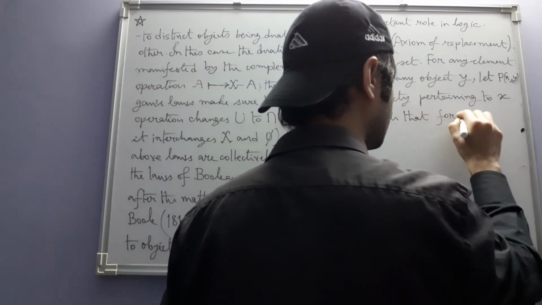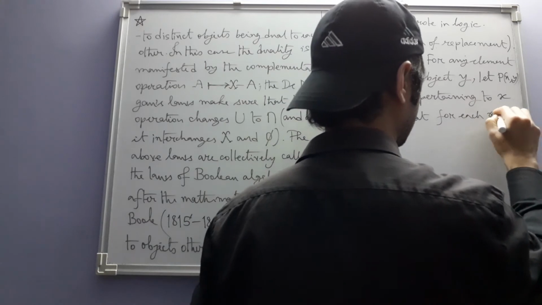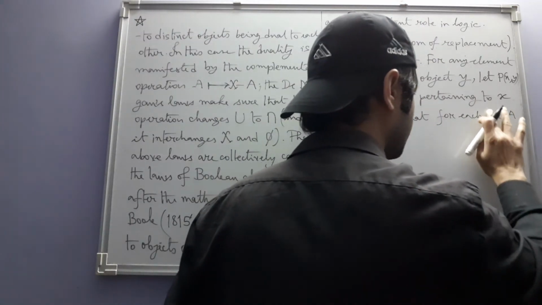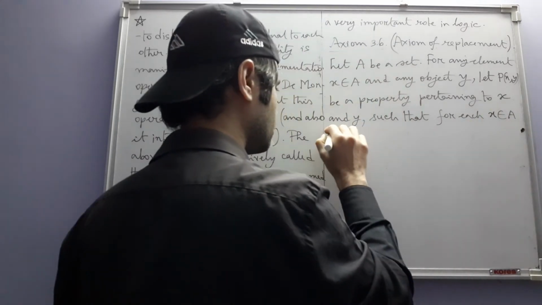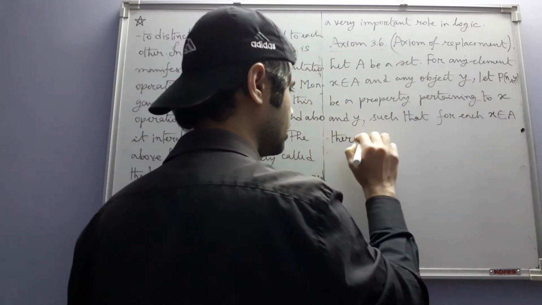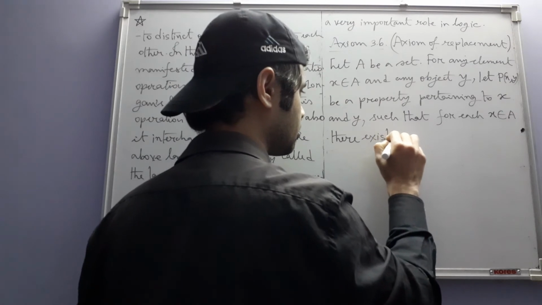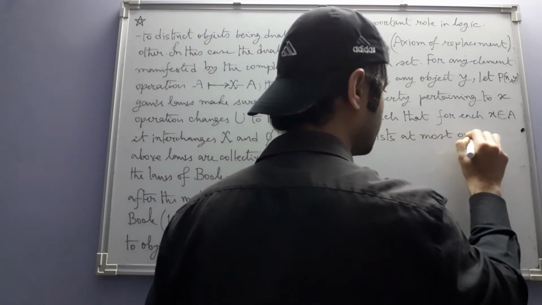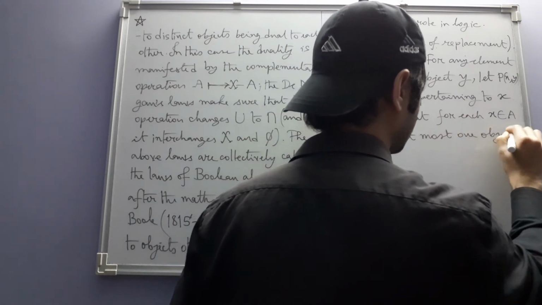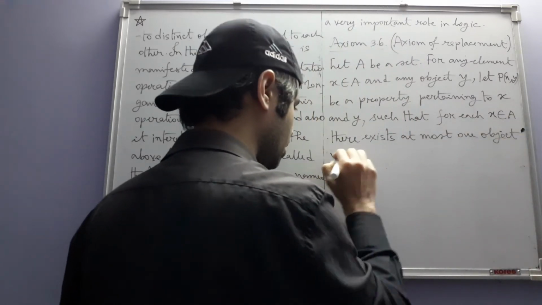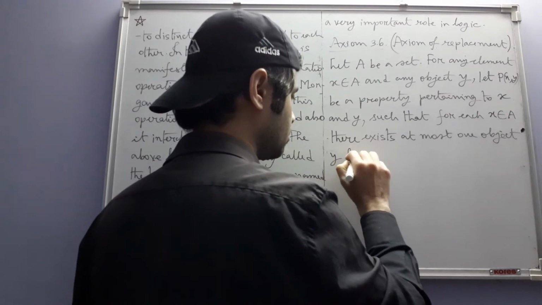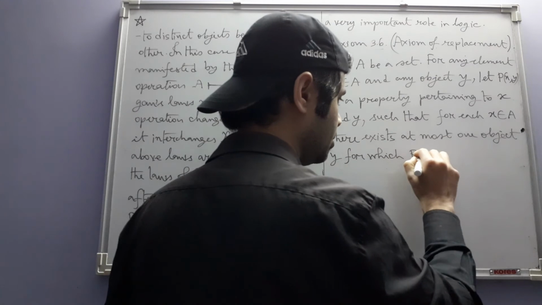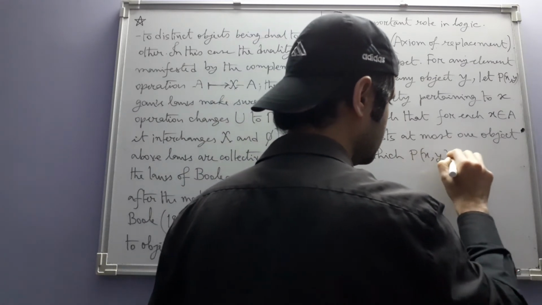For each x in A, there exists at most one object y for which P(x, y) is